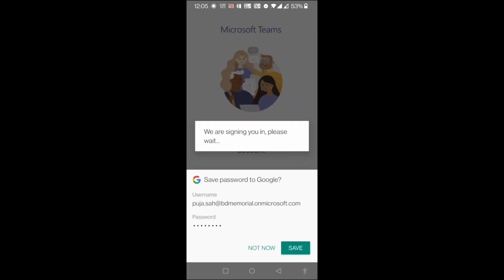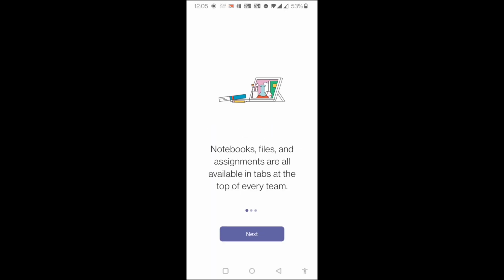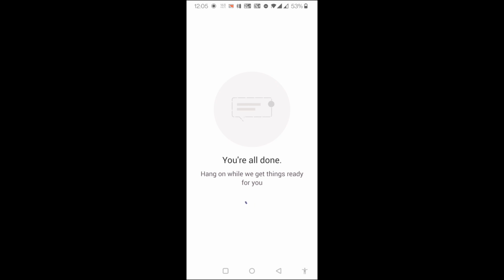Now you will see that it will be logging in. There it is. Now this is the sign that you have successfully signed in. So you can give this 2-3 next, got it. Then automatically you have signed into Teams. So now wait for some time. It is in fact populating whatever things are there inside your teams. It will take some time. Sometimes it may take more time than others, depending upon how much content is there inside that particular teams.